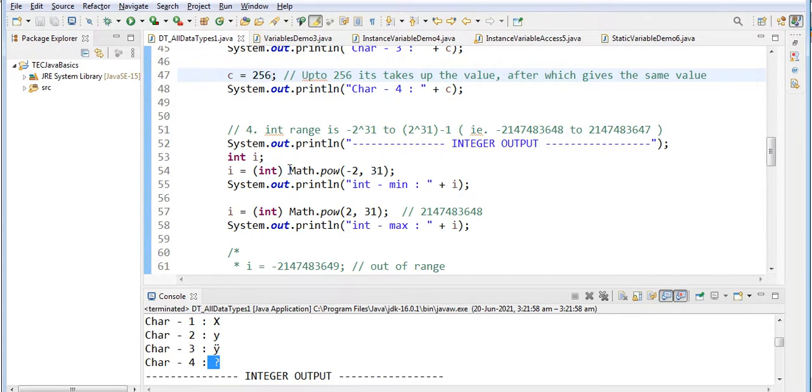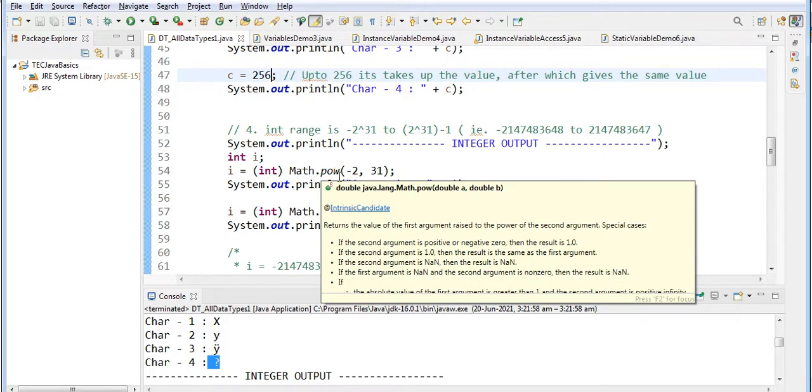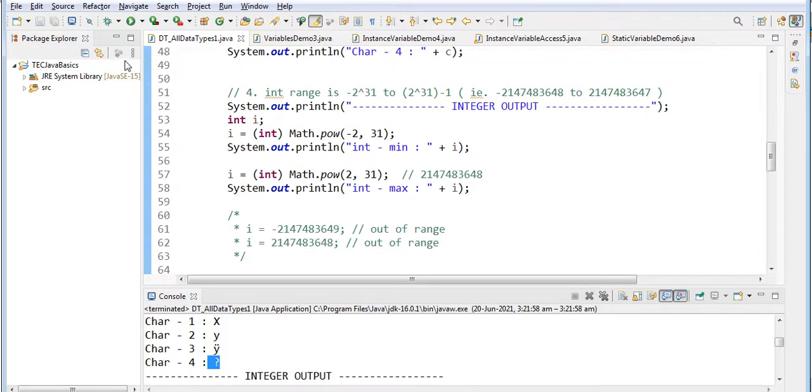So similarly, as we used earlier, I'm using the class Math and the method pow. Math.pow of the base value, minus 2, to the power value, 31. So this is the minimum value and this is the maximum value. Let us see what is the output. See here, it will give ...648, but the range is ...647. As I mentioned earlier, for actual values you have to subtract 1 from this int value. If you give it like this, it's accepting, but if you give the exact value, it will not accept.